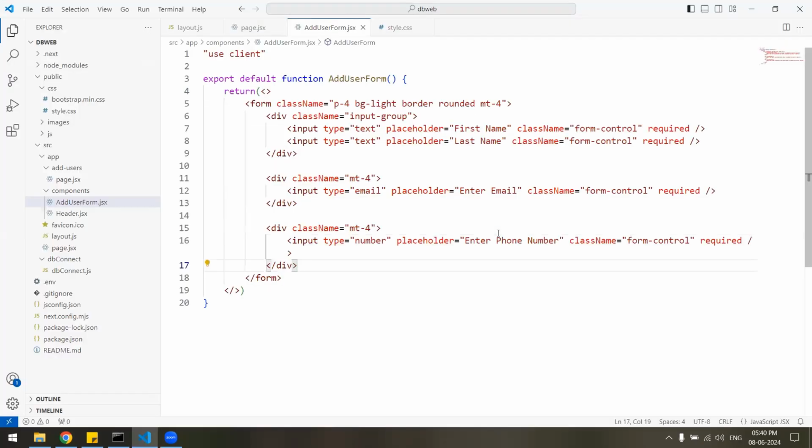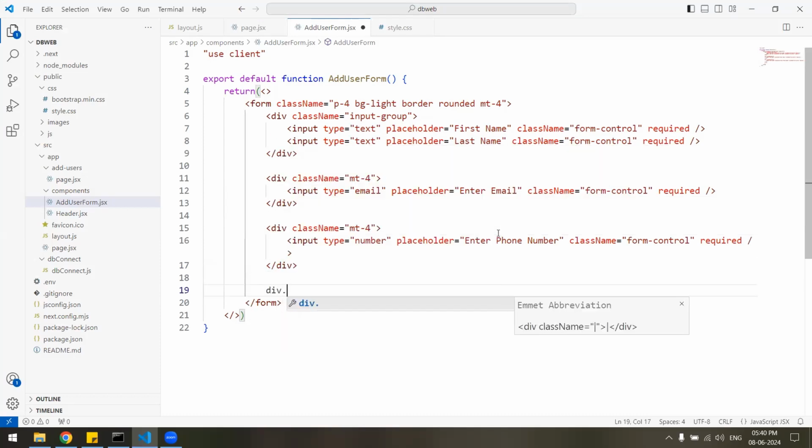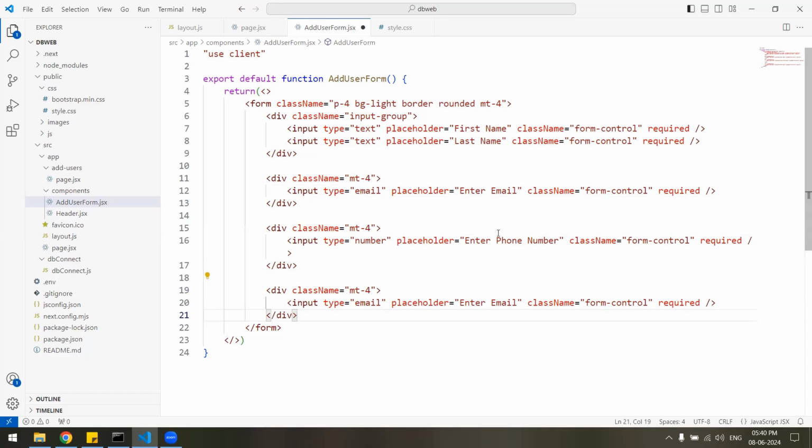We can use city. We can use text and placeholder enter city,